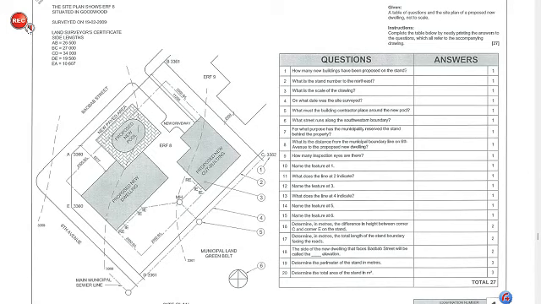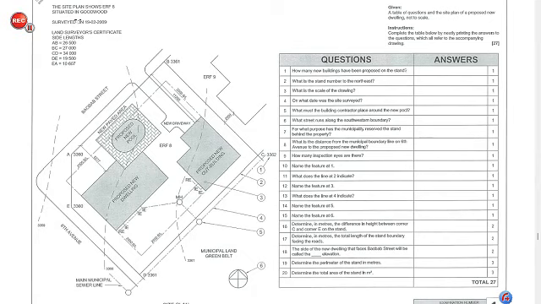Hello grade 11s. A table of questions and the site plan of a proposed new dwelling, which is not to scale, has been given to us here on the left hand side, and then you have to complete the table below by neatly printing in the answers to the questions, which all refer to the accompanying drawing which you have here. If you examine this closely, you will find that there is some information here in terms of the site